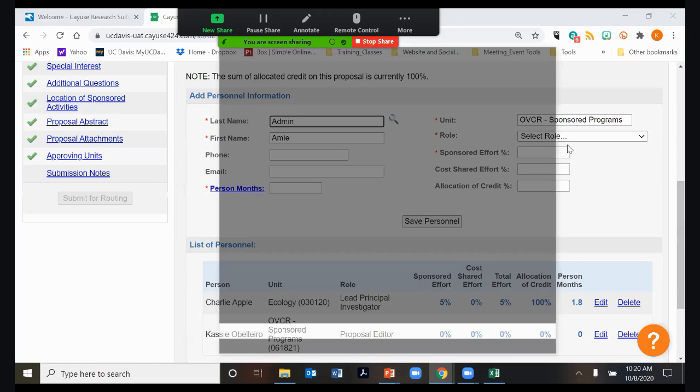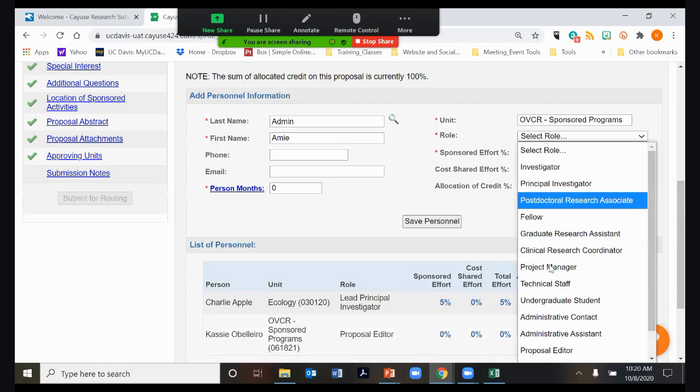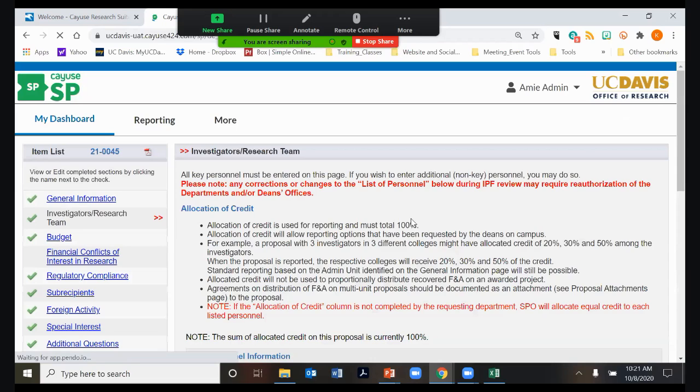And I'm going to add her with 0% effort. And I'm going to change her role to proposal editor because that's going to let me know that she only needs that edit access. It's also going to mean that it won't route to sponsored programs for her review, for her approval, so, or